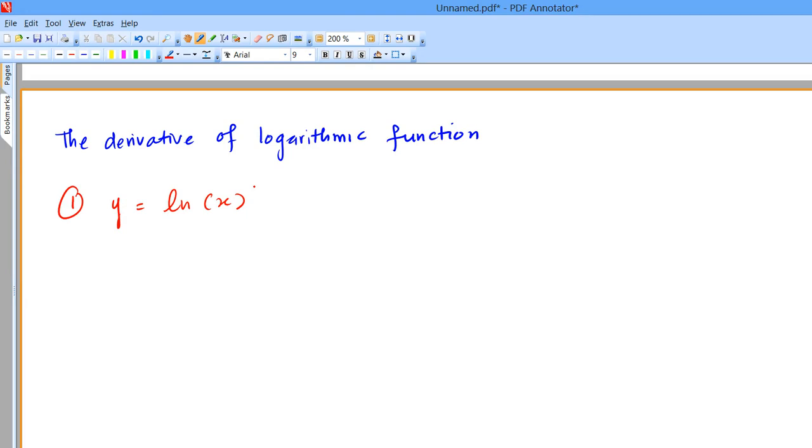So for this example, the coefficient of ln is equal to 1 and then x here actually refers to the function. Okay, differentiate left hand side equal to dy over dx, and then to differentiate right hand side, coefficient over function. So we have coefficient equal to 1 over function equal to x times differentiate function. Differentiate this function x equal to 1. So final answer equal to 1 over x.